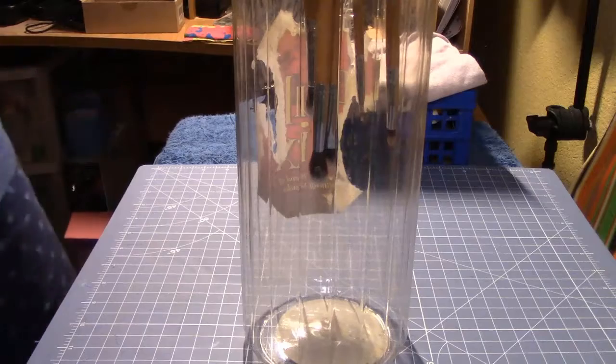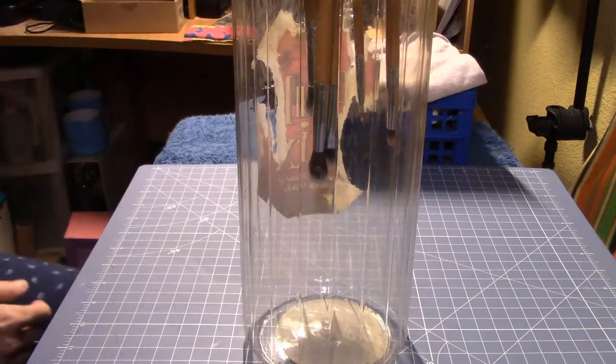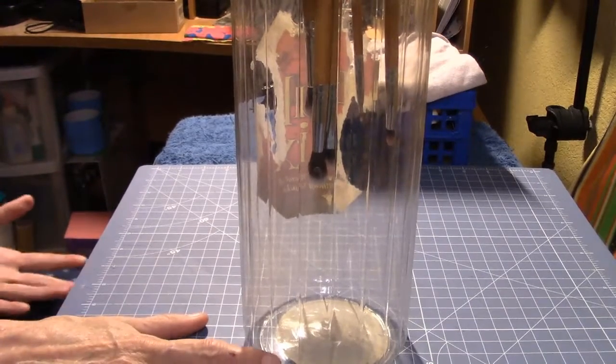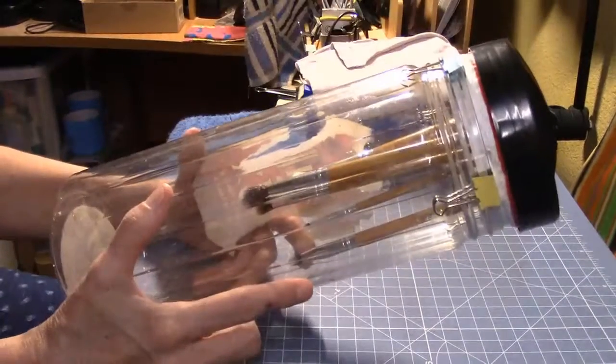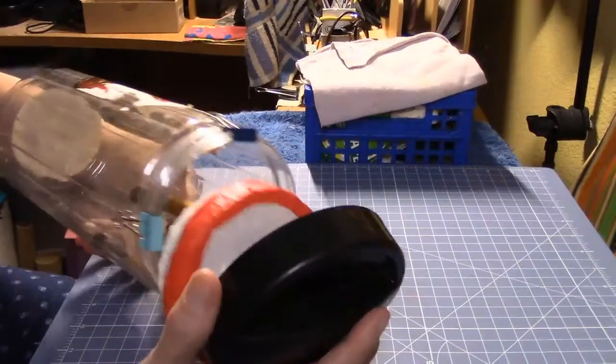I can give you an update on this. I think I did an update, but it was right before I was getting ready to do another project, so I usually take that out. This is the brush dryer. I originally was going to call it a brush dryer and holder. I still have to glue...